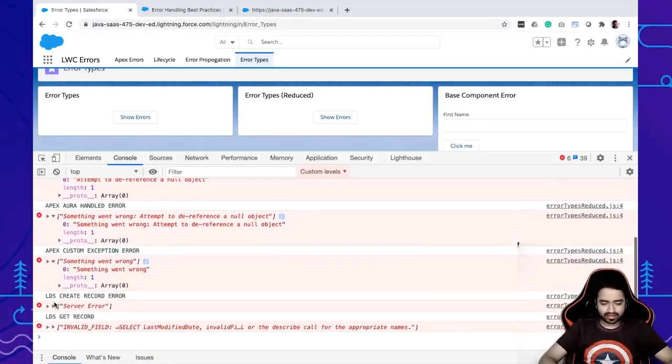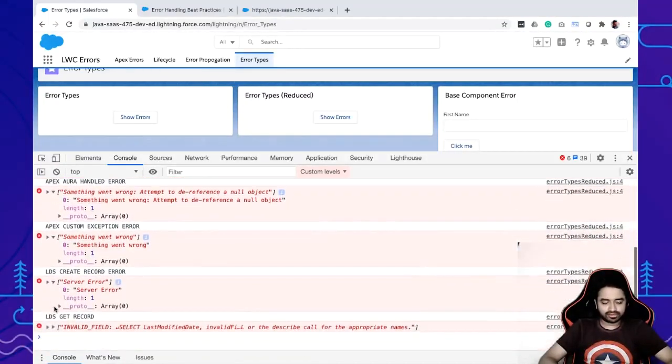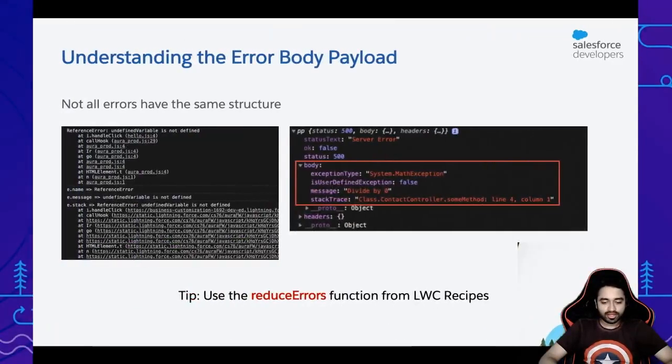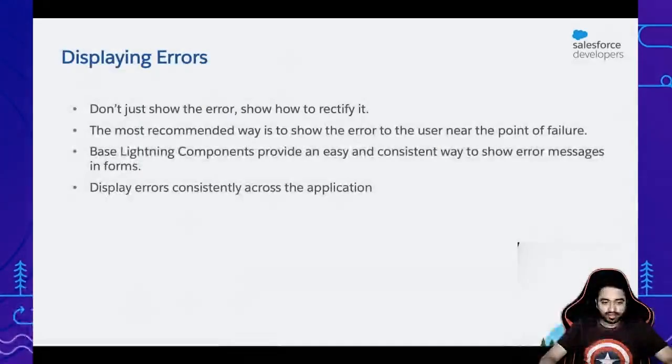For any kind of error in JavaScript, just use the reduce errors function and it's going to get standardized. So that is really the purpose behind the reduce errors function. Now, once you have captured the errors and standardized the format of the error, the next step is to